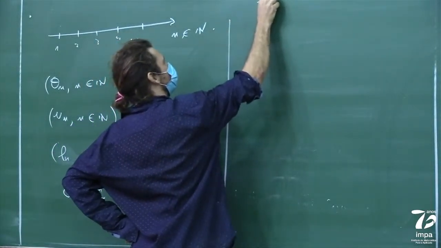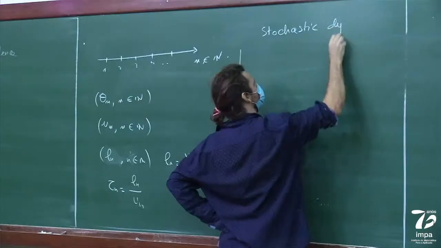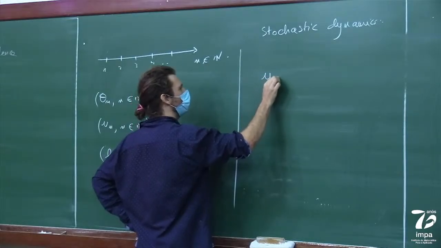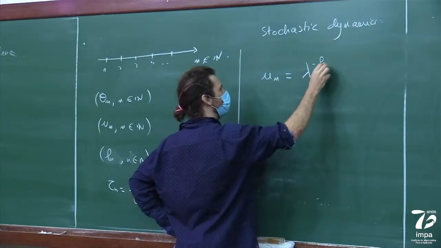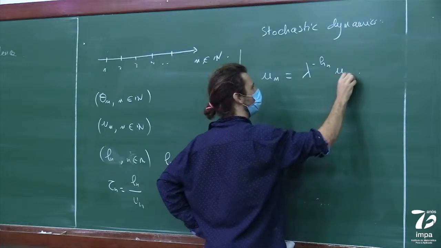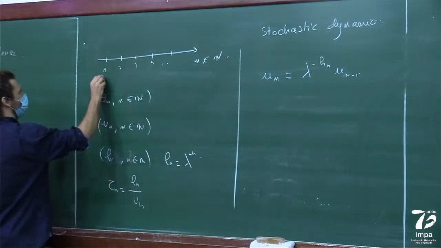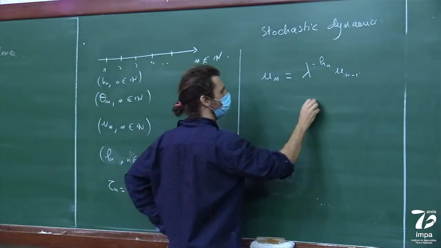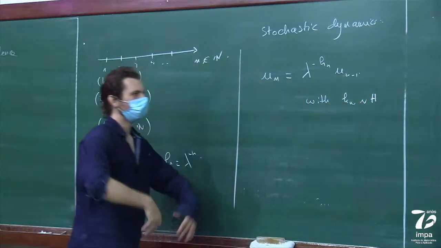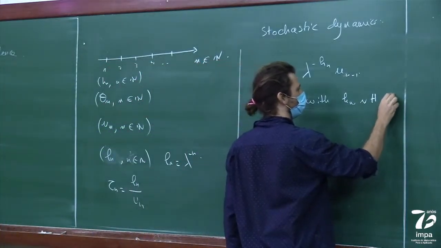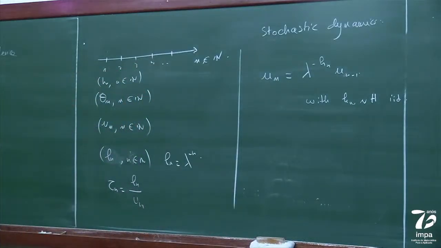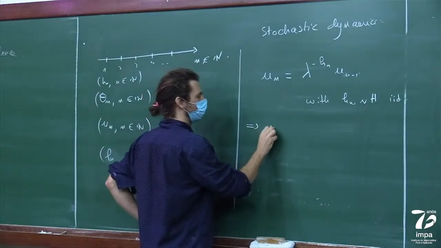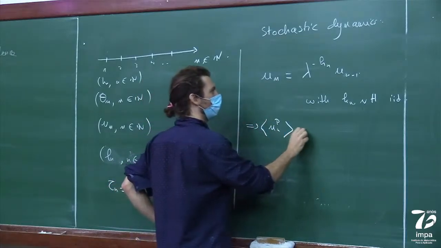So we proposed a stochastic dynamics which essentially consisted in writing u_n equals lambda to the minus h_n times u_{n-1}. So the h_n are also parameters here, where the h_n are drawn from a given distribution, which we call H, identically and independent between them. So with this, basically, we could write an expression for the average of u_n to the power p, which was nothing but